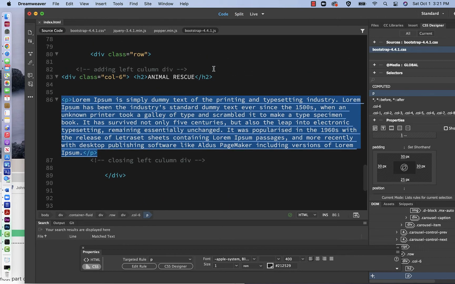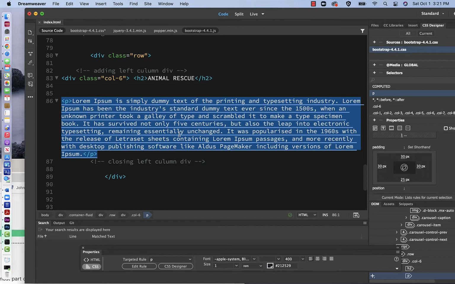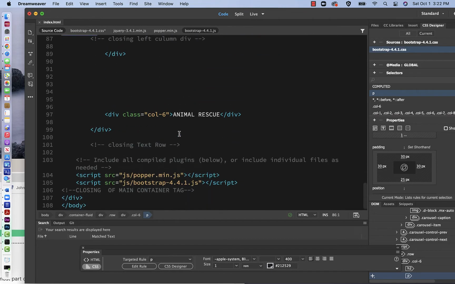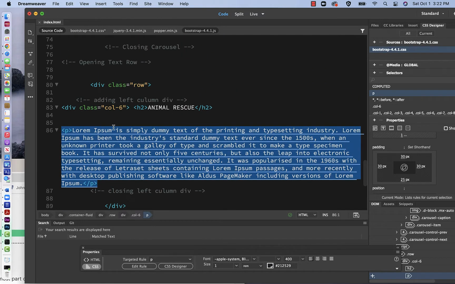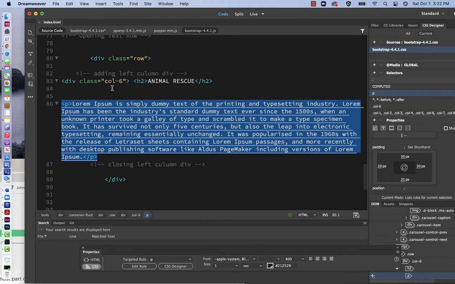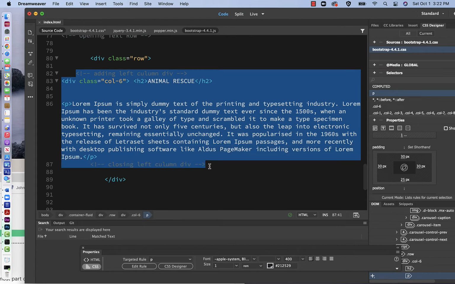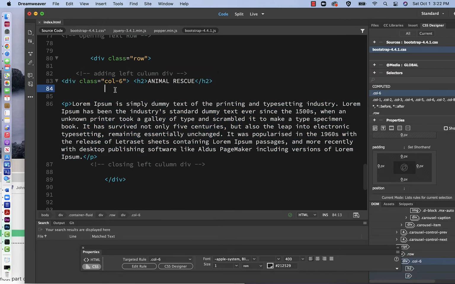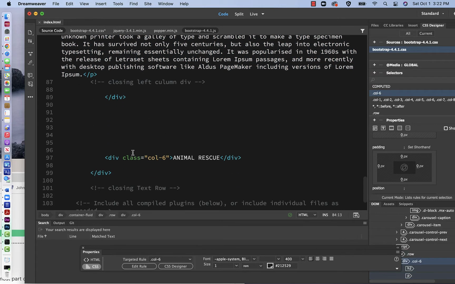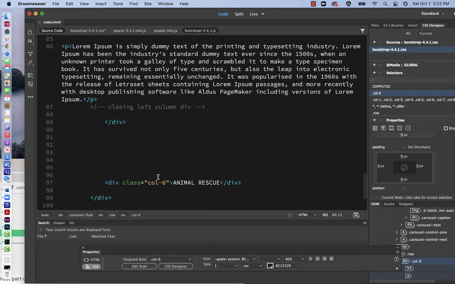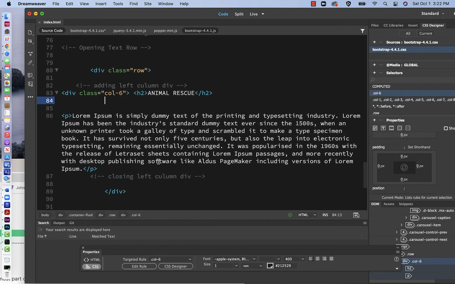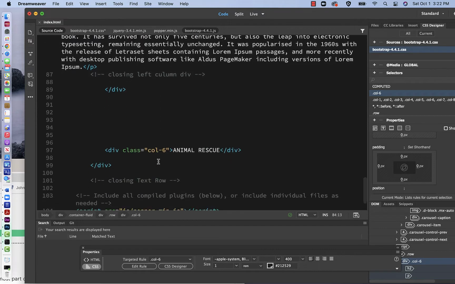I'm going to go back to my code panel, and what I want to do is repeat this information, including the customization that I did with the text and the header. I want to add the same exact thing to my div on the right hand side. So I'm going to copy the content of the div. I already have my header, but the column name is exactly the same, so I can simply do the same thing, just copy